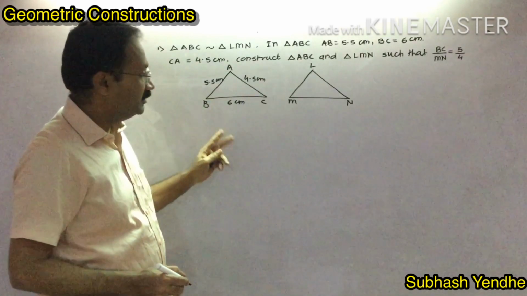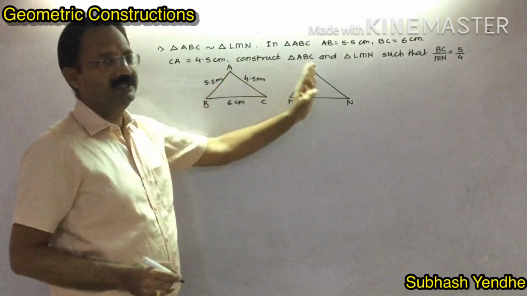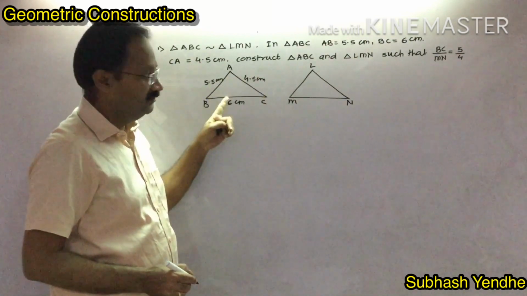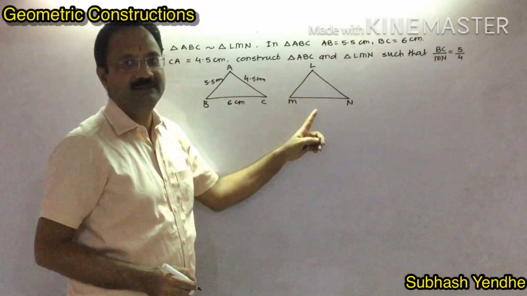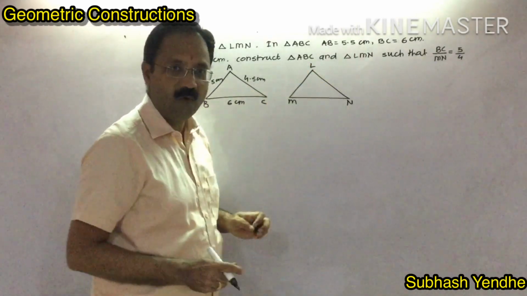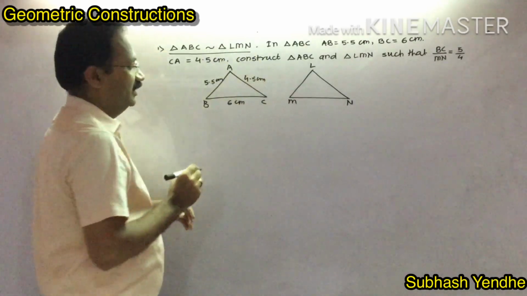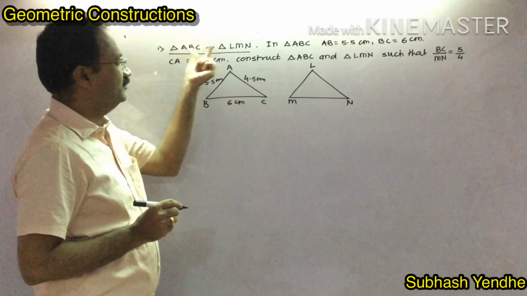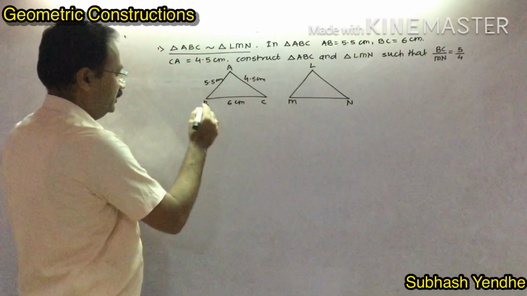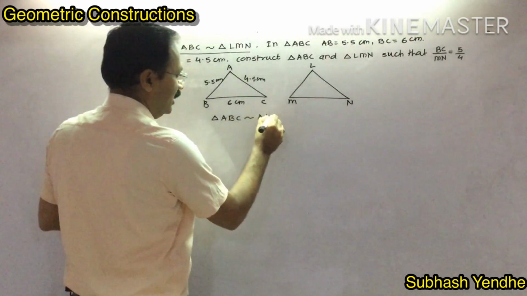Second step, you have to remember that whatever is given in the first triangle, the same should be found in the second triangle. It means 3 sides are given in the first diagram, so you have to find all 3 segments in the second diagram. So how can we find them? Very simple, because the triangles are similar. See that triangle ABC and triangle LMN are totally different, nothing is common here. So we can write: triangle ABC is similar to triangle LMN.